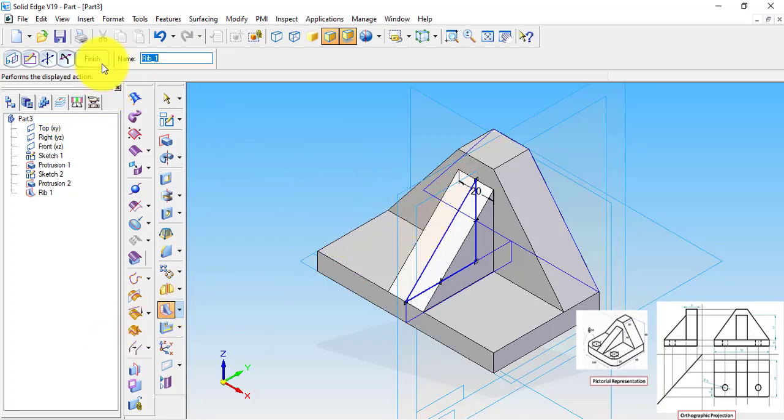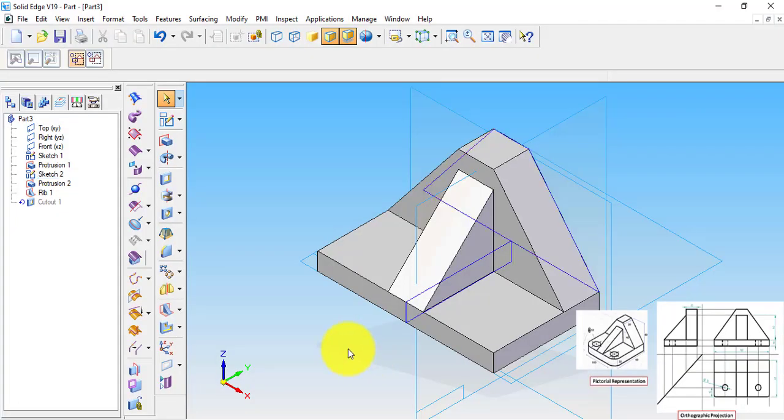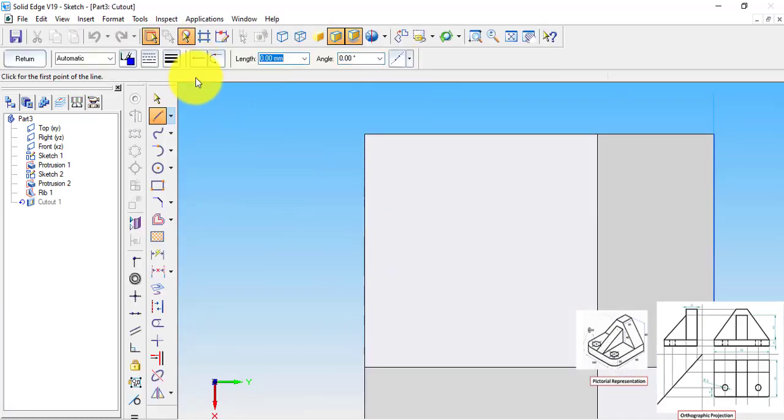After completing the rib section, we need to have the holes. So now let us have the holes as we have done in the earlier part. Now get on the cutout option and click on the section where you can have the cutout. As you can see, the circular hole is situated 15 mm above the base.